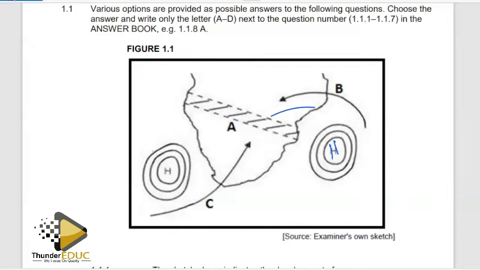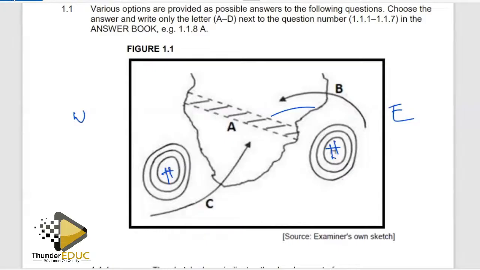Right. We have this anticyclone and we have this anticyclone. These are anticyclones. These are high pressure cells. If we check on our map, this is the African continent, the Southern African subcontinent. And if we check our directions, this is the western direction. This is the eastern direction as usual. So on the west, we are having an anticyclone, and on the east, we are having